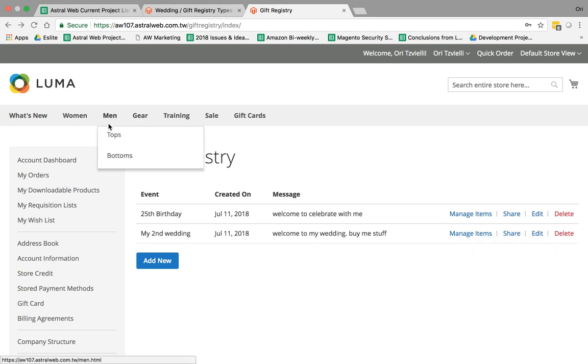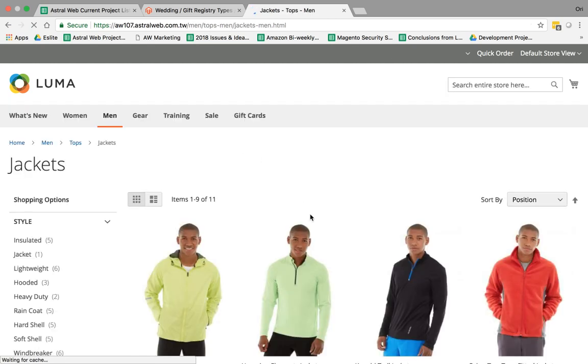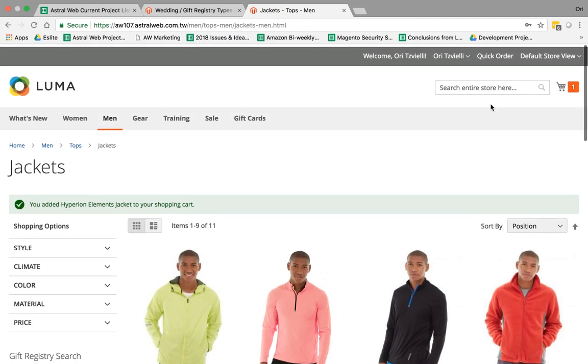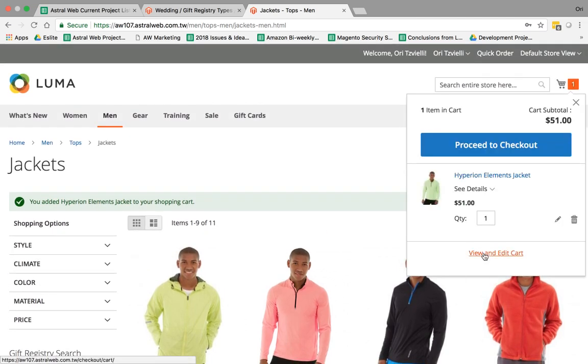Very simple. You just visit the normal website and you add stuff to your cart, and then you transfer them from the cart to your registry. So let's add a product. Let me add this shirt. So I want my friends to buy me this jacket. Okay, I'm going to go to my cart,